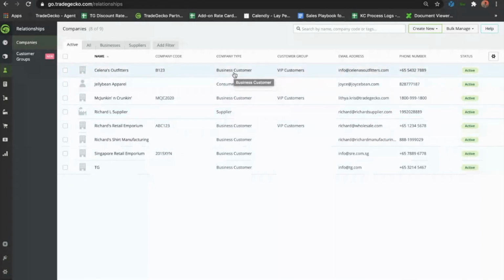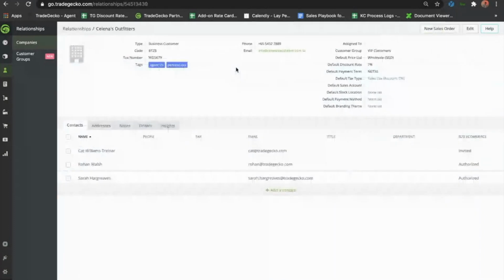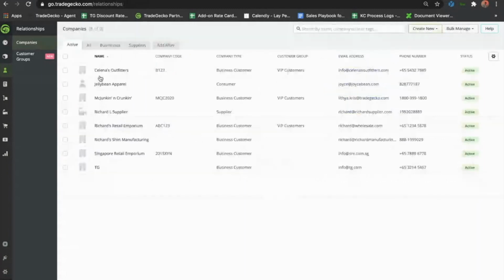So if I click on the business customer as an example, you can obviously assign defaults to these guys, right? Because you'd want to be able to keep track of the different nuances there, right? Like a price list, a salesperson, a payment term, and a payment method. Whereas if you go to the consumer,